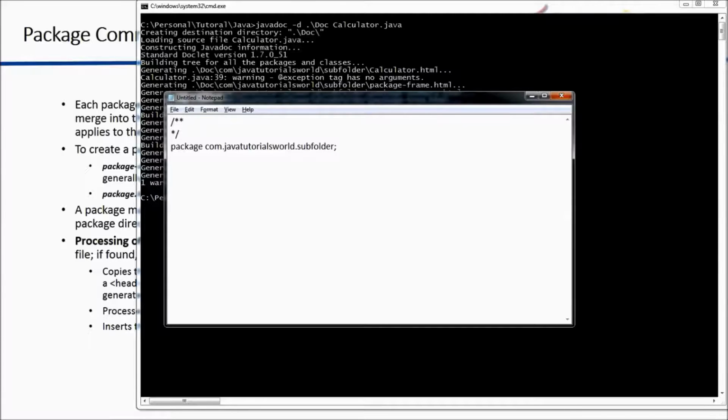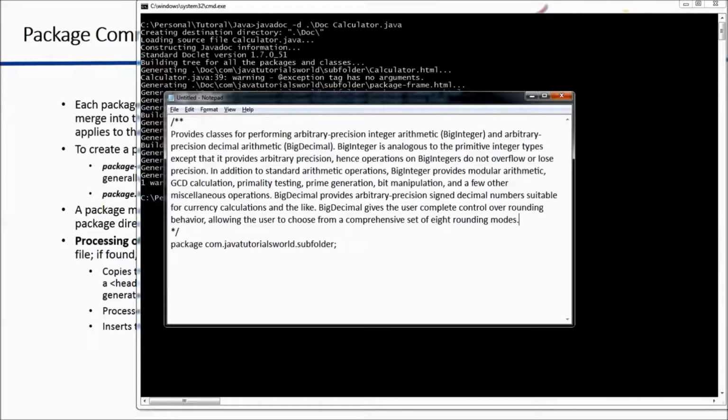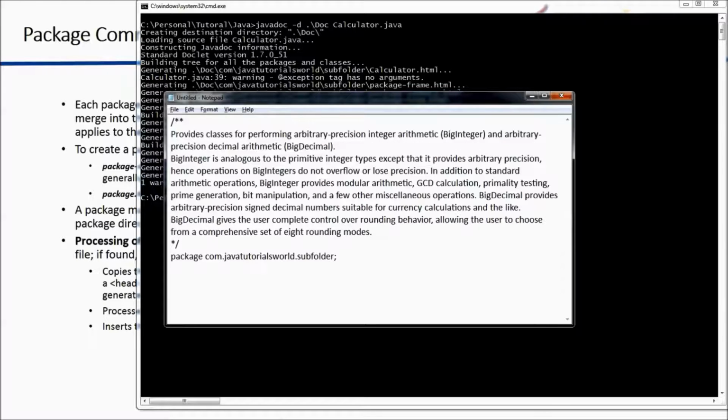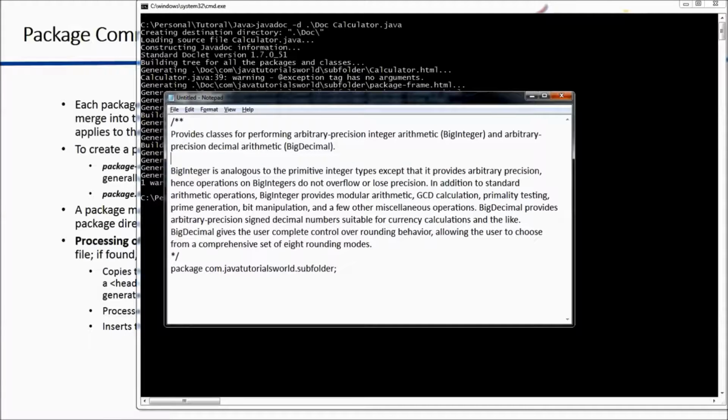Actually, I have copied some existing Java documentation, I'm using that here. This is the existing Java documentation comment. Inside these JavaDoc comments we can use HTML tags also. I will show that also. I'm using this paragraph tag,